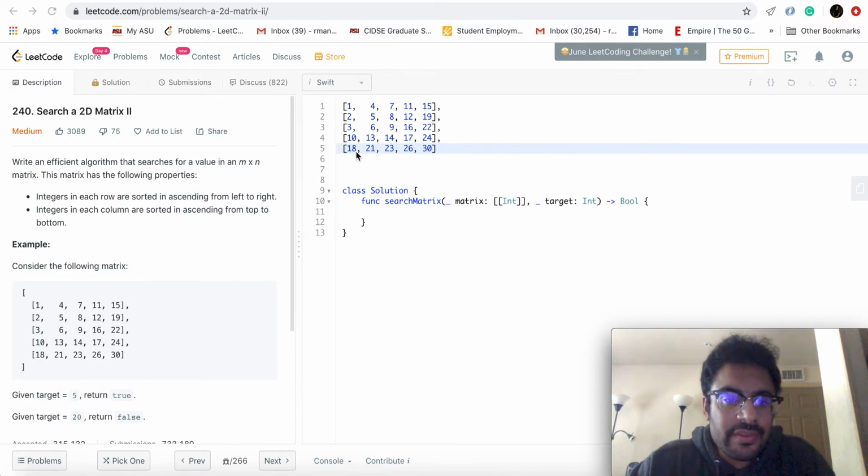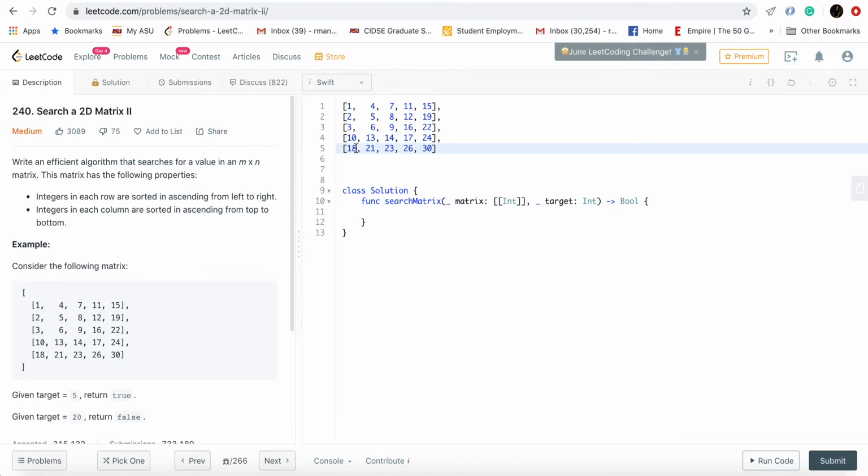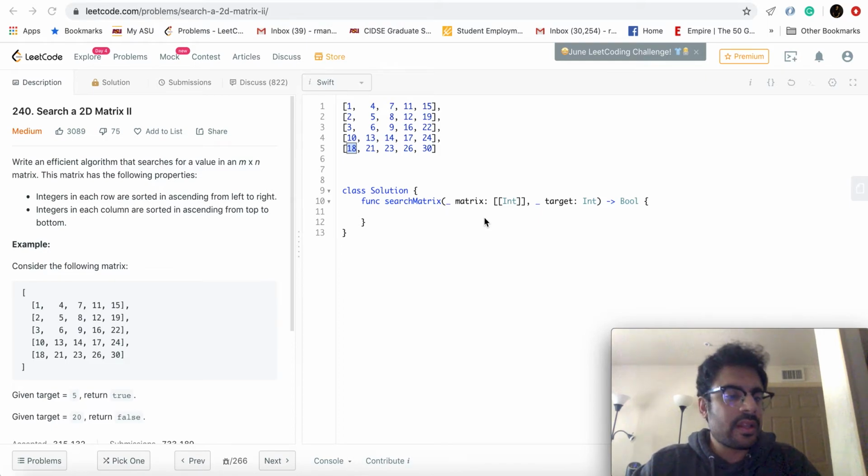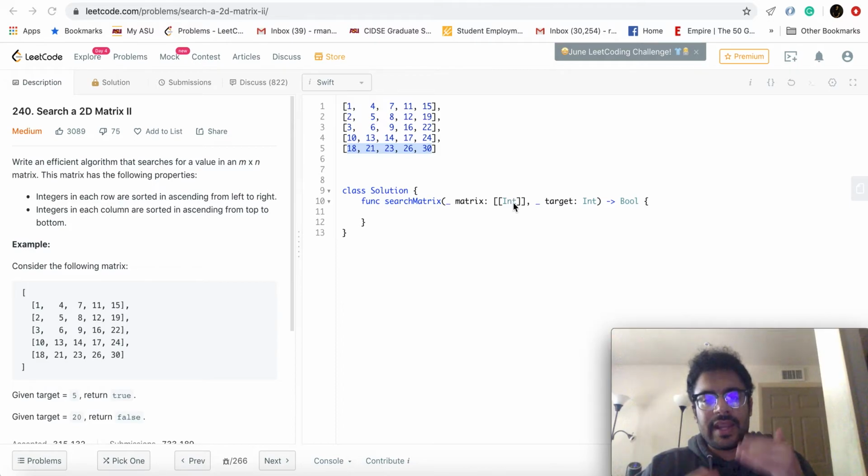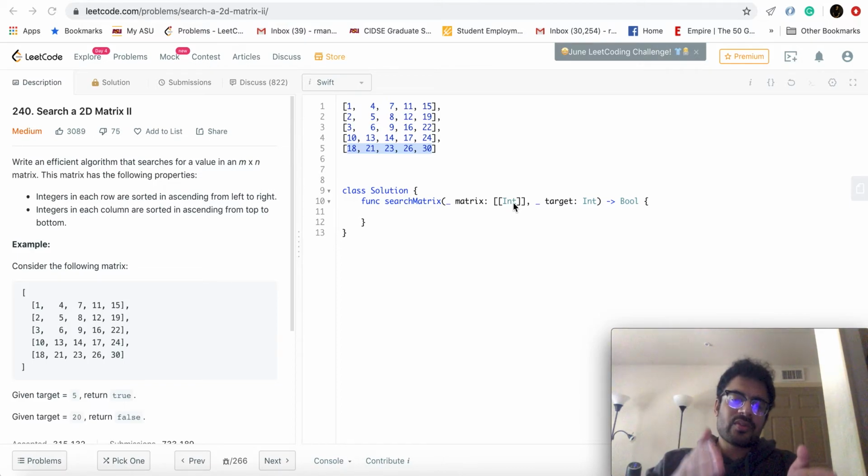We will start from the bottom left corner, meaning from 18. Now suppose we are searching for 5. We know that this row is sorted in ascending order. So if 18 is greater than the target, that is, if 18 is greater than 5, then definitely the values that follow 18 in that row are going to be greater than 5, and therefore we won't find 5 in that row.